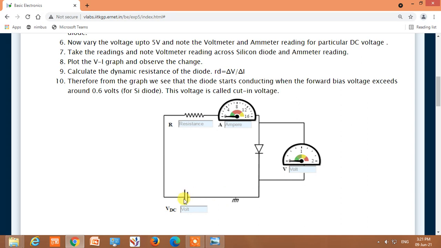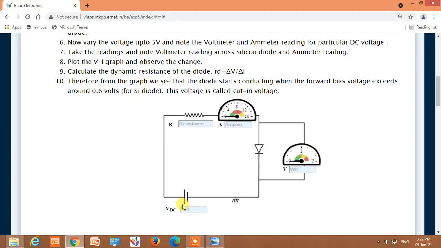Increase the voltage up to 0.3, 0.4 and 0.5 volt. So when we increase the voltage up to 0.5 volt, we see that some current will flow through the milliammeter, that is the forward current will start flowing through the diode, and the voltage measured by the voltmeter will be around 0.5 volts.